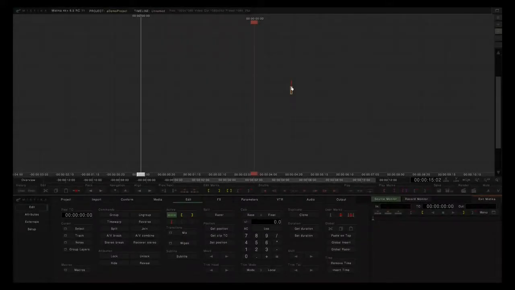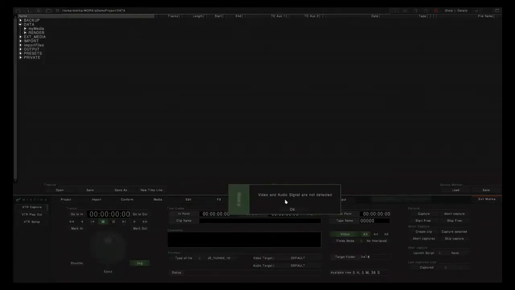We'll look at how to capture media from a VTR in this tutorial. To access the VTR controls on the dashboard, there is simply a VTR tab. There are two things to point out on pressing the VTR tab. Firstly, I've got my Mistika set to a single interface monitor. So in fact my timeline has been replaced by the media browser because the VTR capture window and the media